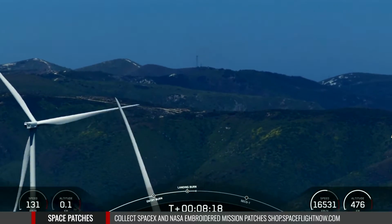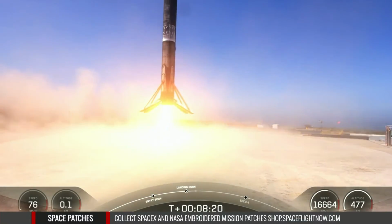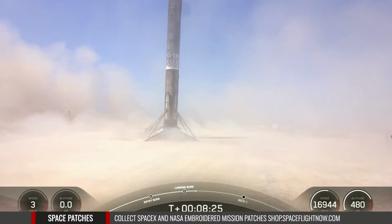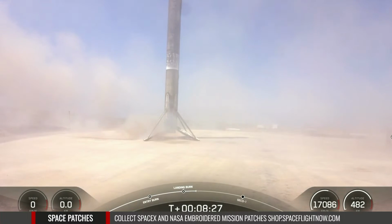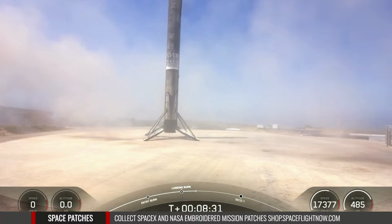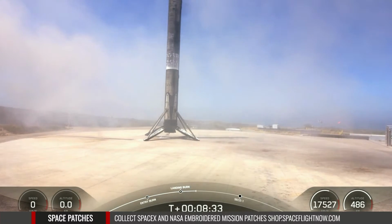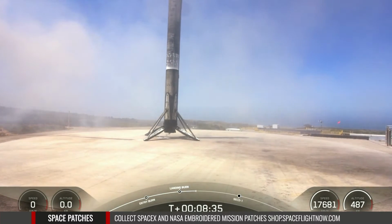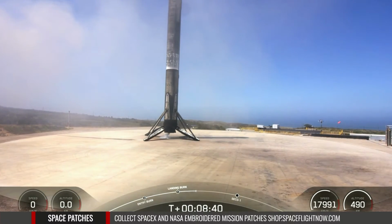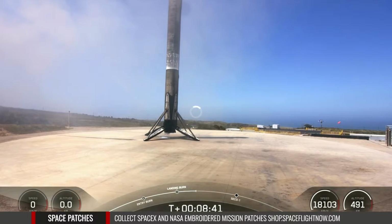Landing leg deploy. Stage 1 landing confirmed. Confirmation there of the 20th launch and landing for this first stage. This is the third booster to complete 20 flights. And this landing marks SpaceX's 302nd recovery of an orbital class rocket, including